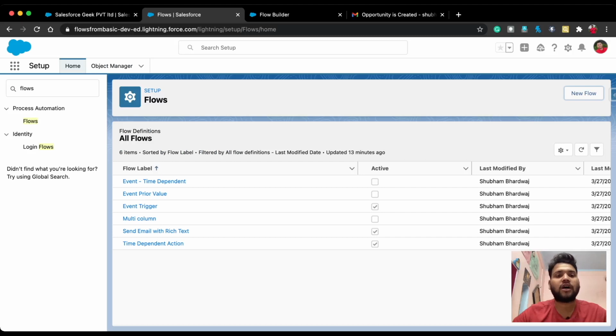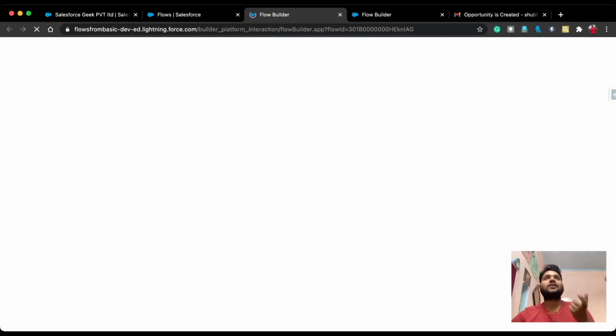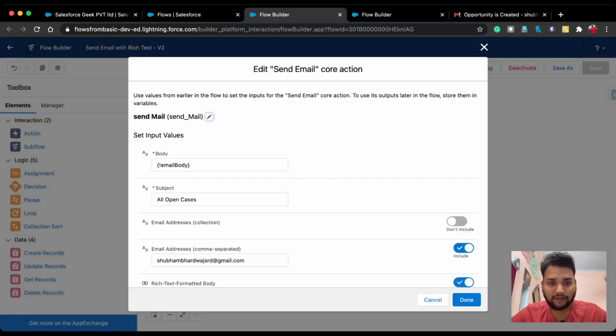Let me show you what Narendra Bhai's flow will perform. If I open that flow, I tried his flow on how to send tables in Salesforce flows. If I click on debug, first let me check what the email is.